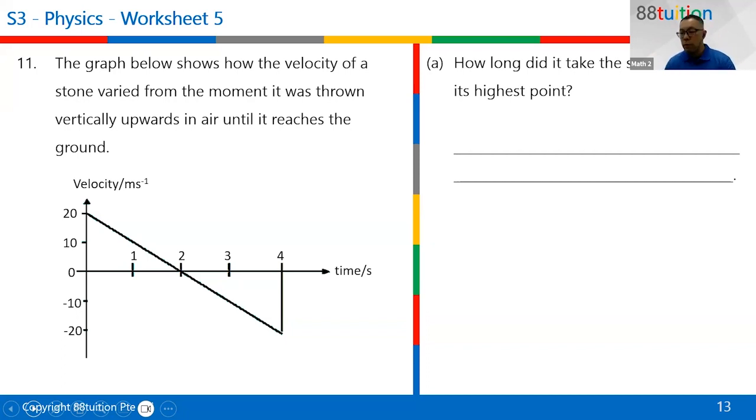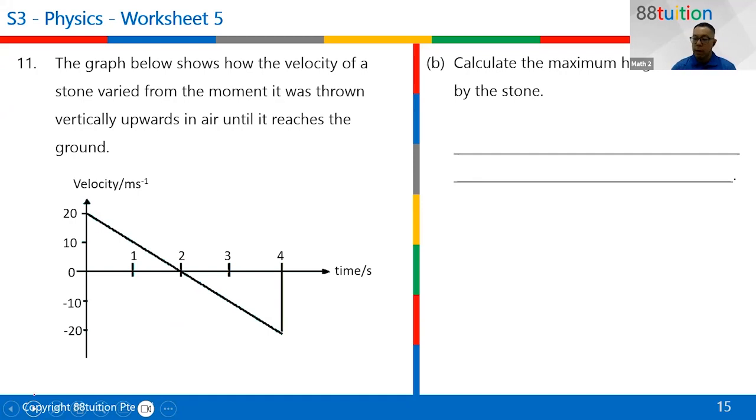The graph below shows how the velocity of the stone varied from the moment it was thrown vertically in air until it reaches the ground. So at this point, v is 0, the highest point. Right? So therefore the answer is